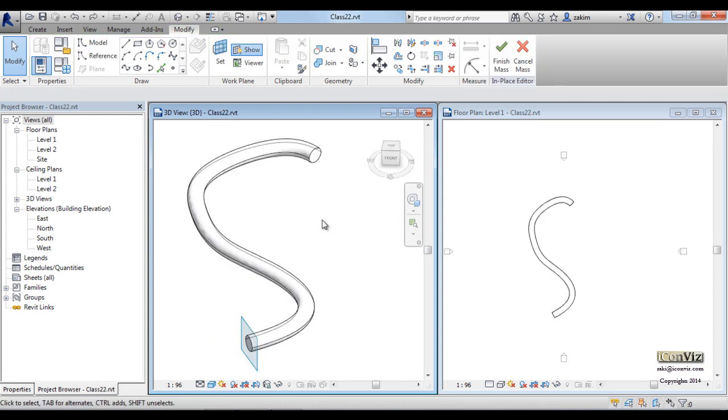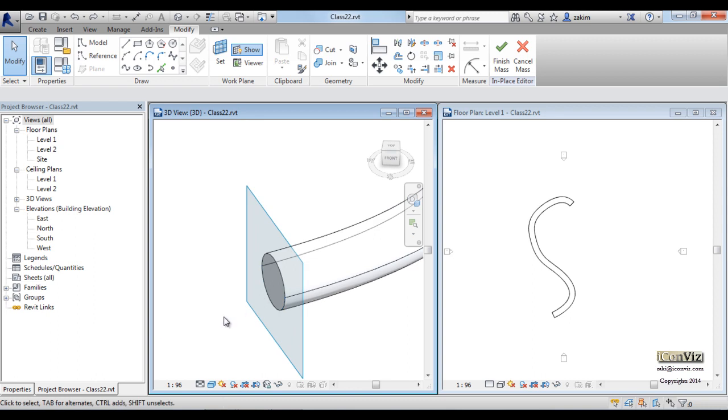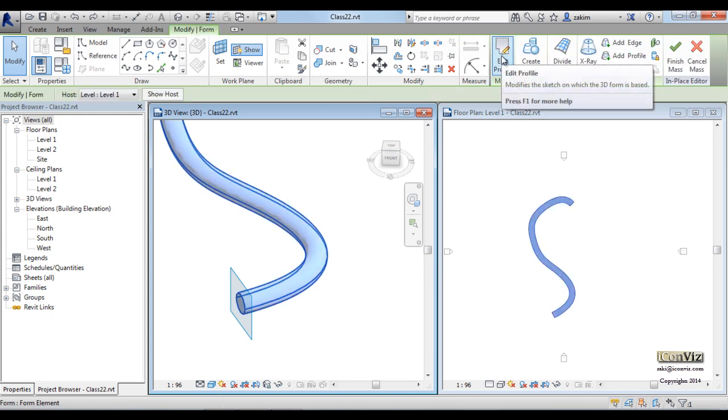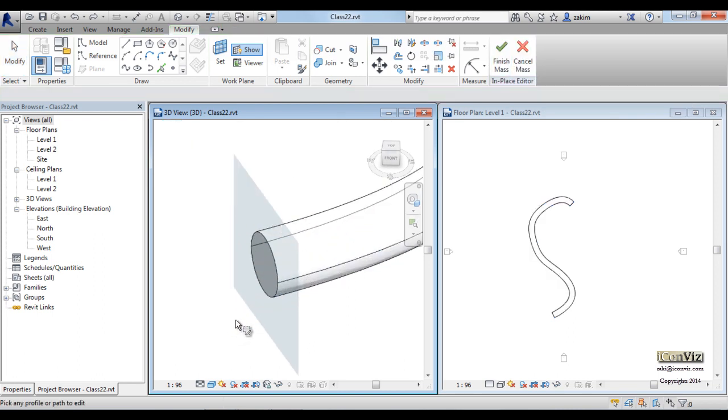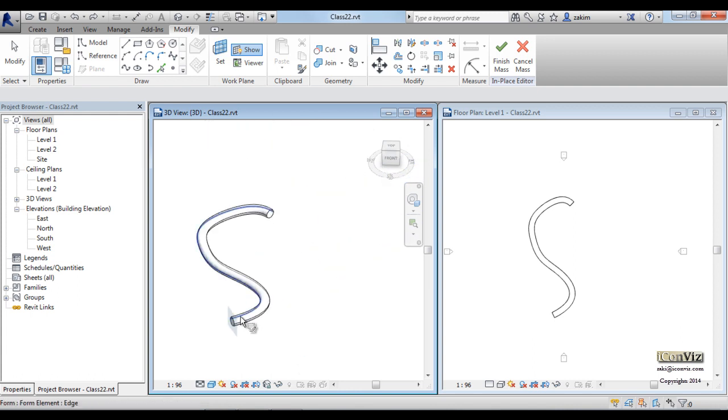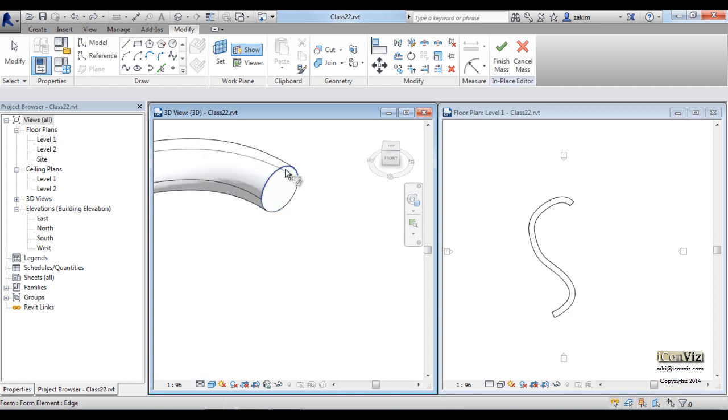I'm still inside the massing over here. So currently this geometry contains two profiles, one at the first end of the shape, and then there's another one over here. So I can select the geometrical sweep and go to edit profile. The edit profile shows up only when you select the object, and I have the option to edit this profile on this side. So this circle, I can make it a different shape,